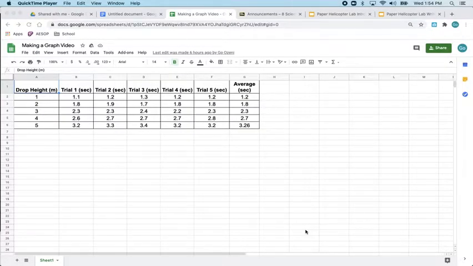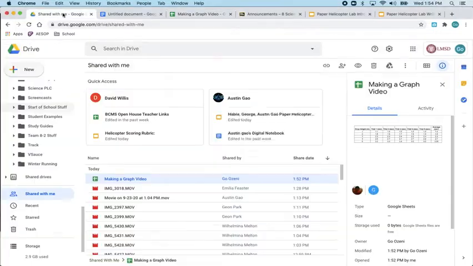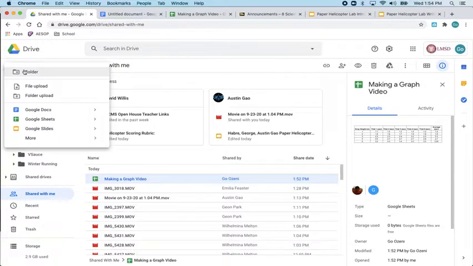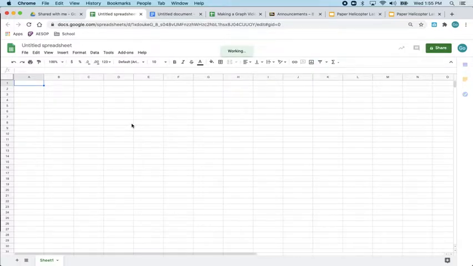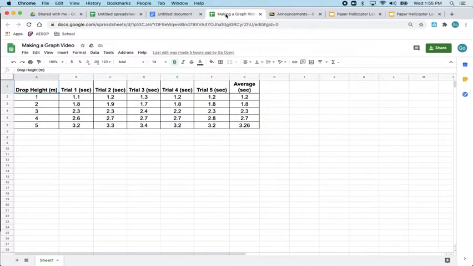All right, so I've now opened up my Google Spreadsheet, and I can see that I have my data table in here. Now, for those of you who didn't know how to get a Google Spreadsheet, if you're in your Google Drive, if you just click on New here and go to Google Sheets, it'll take you to a brand new sheet that looks like this. So your screen right now looks something like this because you don't have anything on it yet, right? So eventually I'm going to have you guys put this in, but you don't need to copy all of this